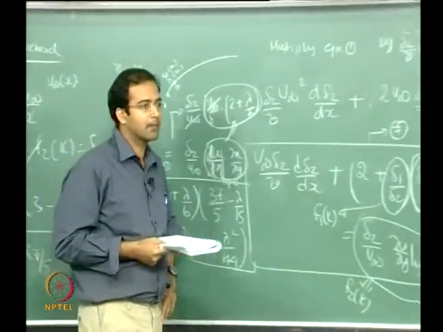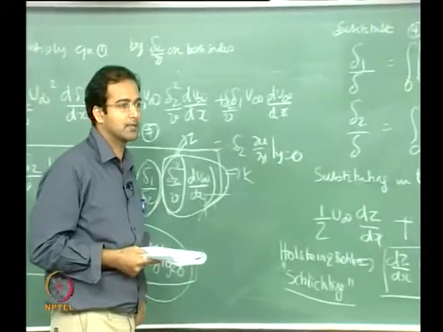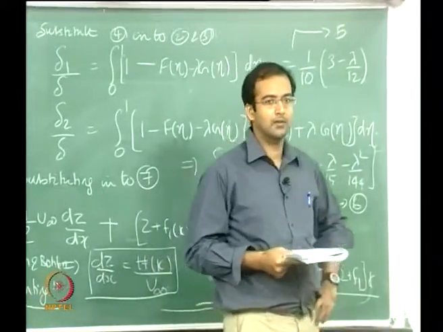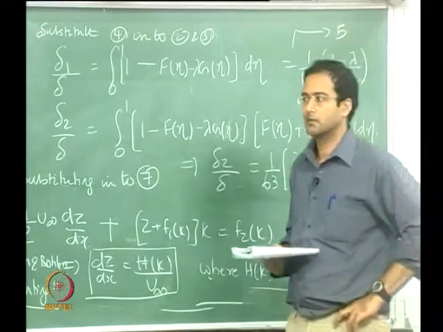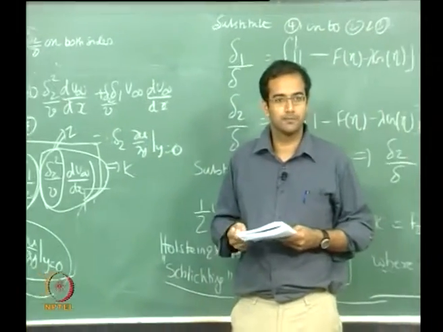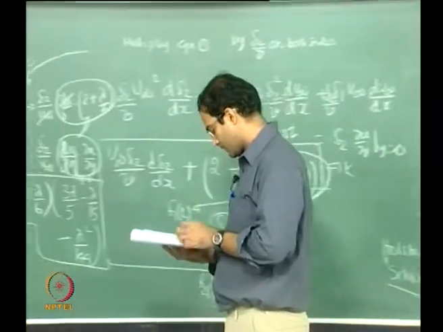Okay, so this can be applied to any kind of pressure gradients, adverse or favorable. For favorable it is restricted to a maximum value of lambda equal to 12. Okay, for adverse pressure gradient it is restricted up to the point of separation, that is up to lambda equal to minus 12.